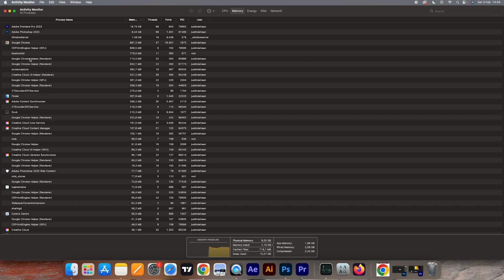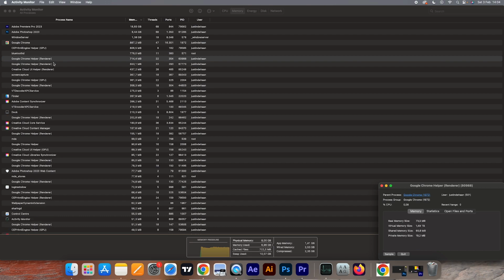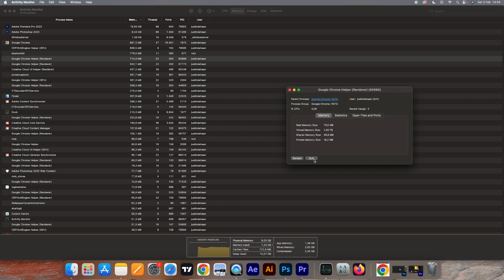What you're simply going to do is go to all of the Google Chrome Helpers and then the renderers. So don't close these CPU ones, don't close any other ones, just head over to Google Chrome Helper and then Renderer and just double click on that, or on Windows you can just end it. And what you then need to do is click on quit, just like on this, and click on force quit,